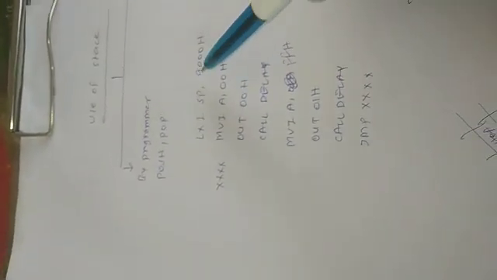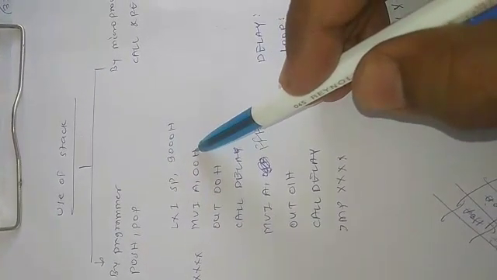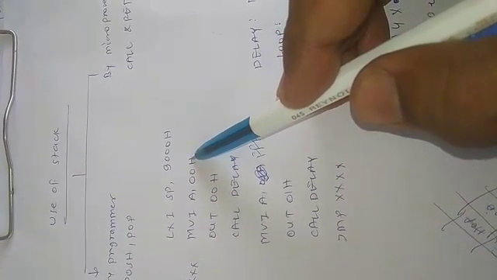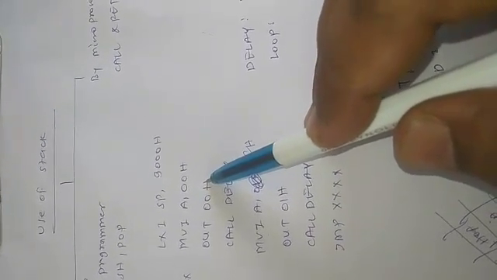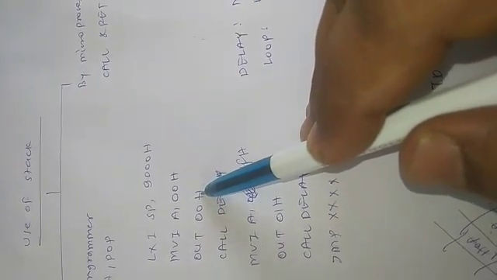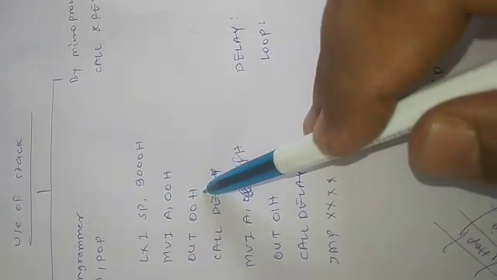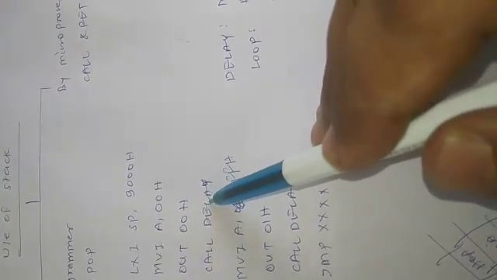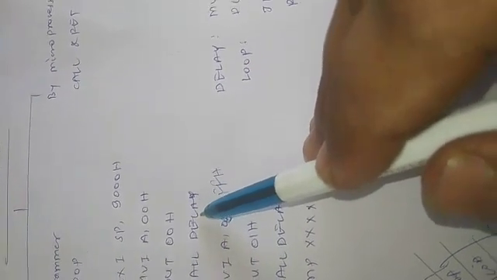So in all, the program will be like this: initialization of the stack pointer at the highest memory location possible, then MVI A, 00H, clearing the contents of the accumulator and displaying it on port 0, where we have connected 8 LEDs. Now all these 8 LEDs will remain off, and we want a certain amount of delay so that the LEDs will remain off for that particular time delay. That particular delay is generated with the help of the delay subroutine, which is written separately from the main program over here.